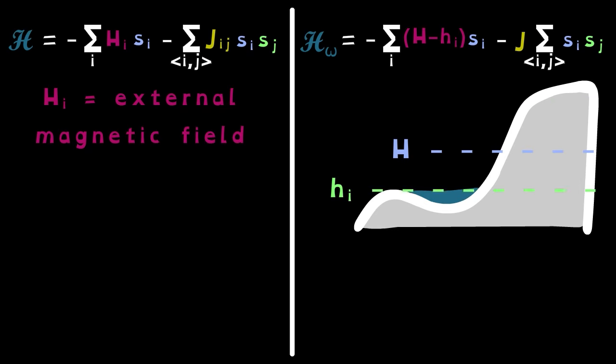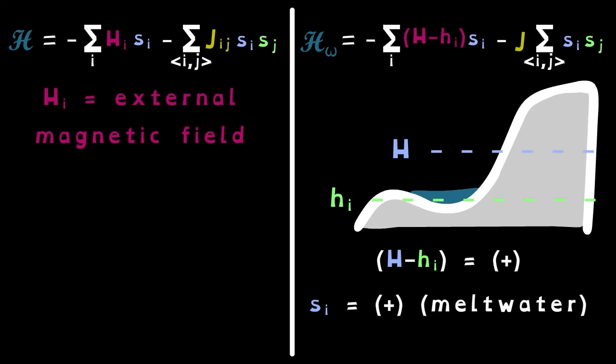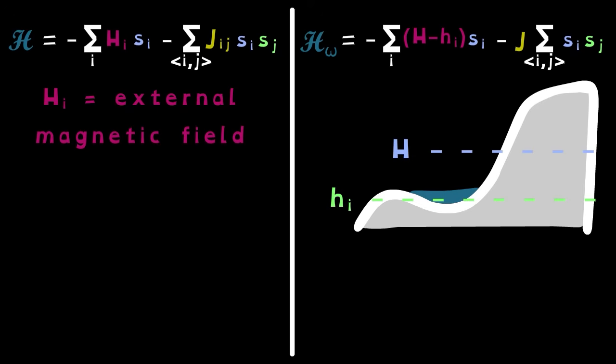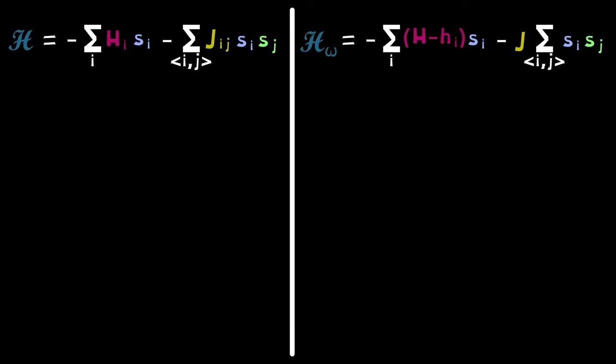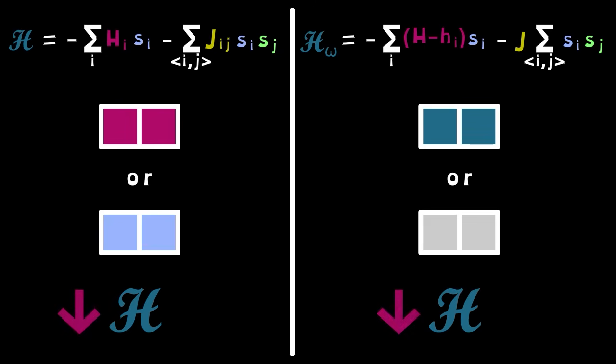Likewise, if the height is less than the reference height, then h minus h_i is positive. Since melt ponds have s_i equals 1, then you also have a negative sum which reduces energy. And similarly, with the magnetic Ising model, if two adjacent regions are both ice or both melt ponds, then the total energy is reduced. If we apply the Ising model to a random ice topography,